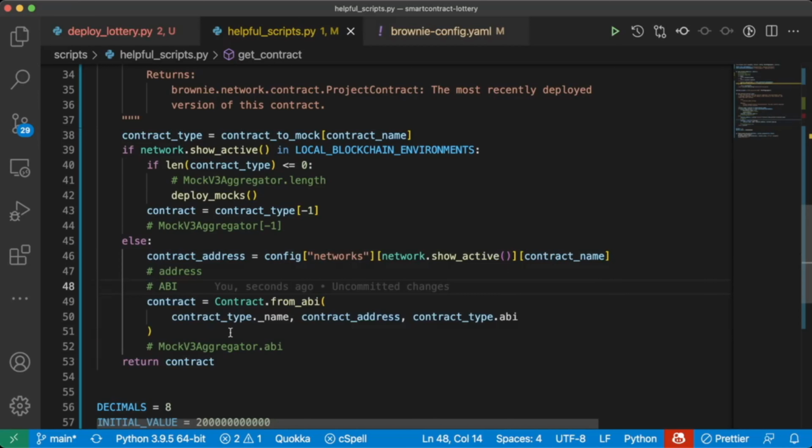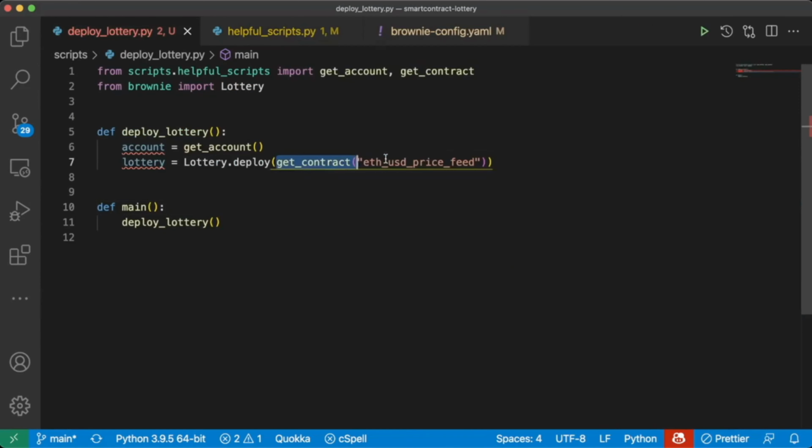Our mock contract here has all the same functions of a regular contract, so we can just use it as the same. This way, we don't have to adjust this function for whether or not we're deploying to a test net or to an actual address. The only additional piece we should put in here, just for clarity, is we should add